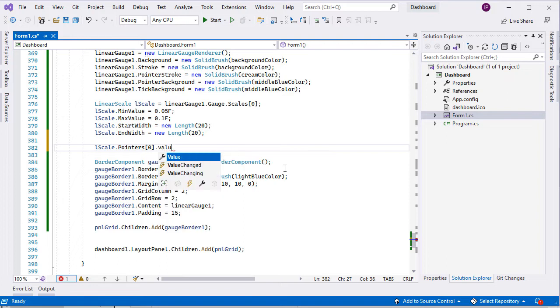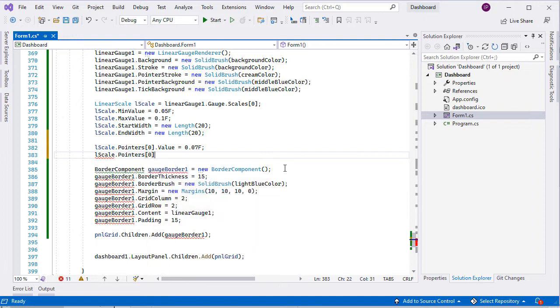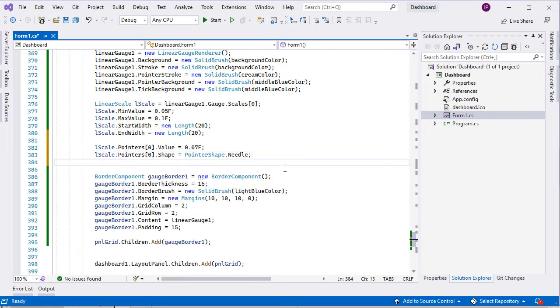We access it to set its value and apply some customization. We set the pointer shape to be needle and we specify its bounding rectangle. You can experiment with the different pointer shapes available, as well as draw your own pointer if you want.